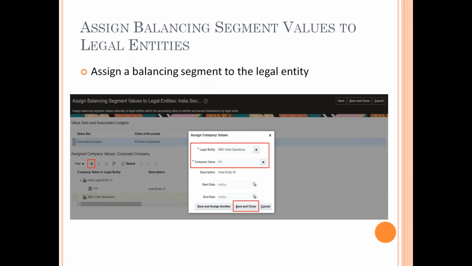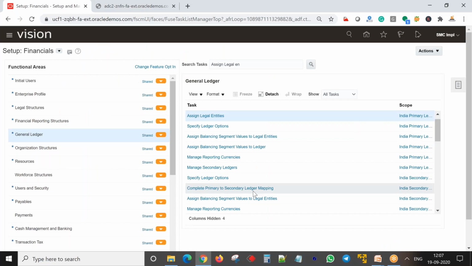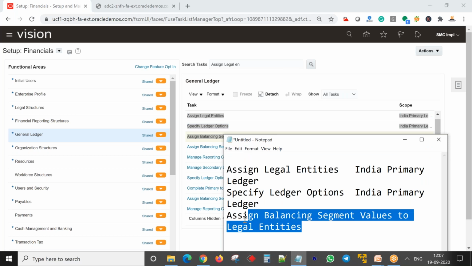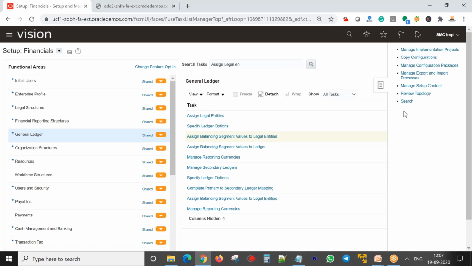So I'll go to the application and I'll perform this action. When you assign LE, you are also getting this assigned balancing segment. I'll first show you from the main setup. I'll copy this task and go again to search.